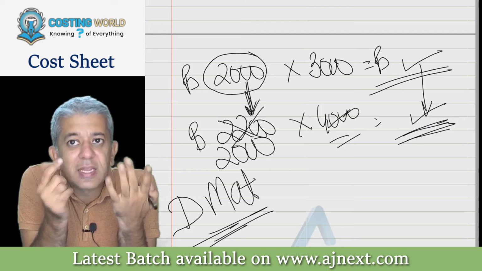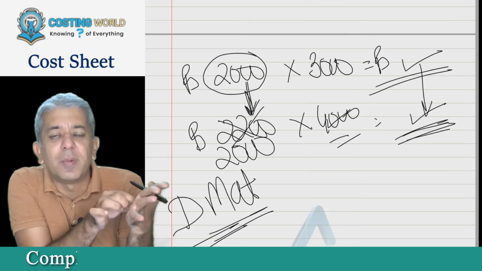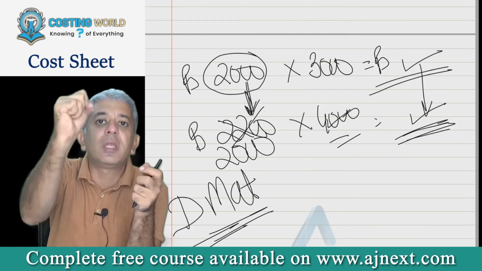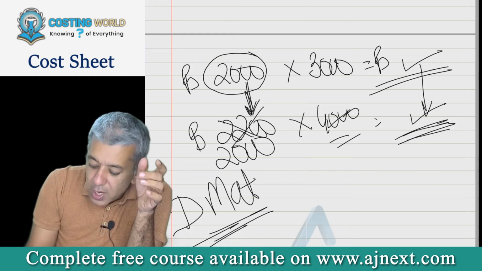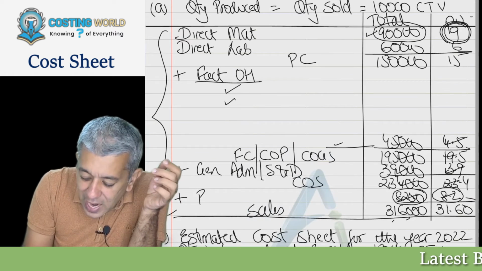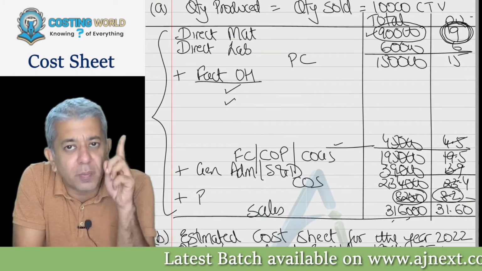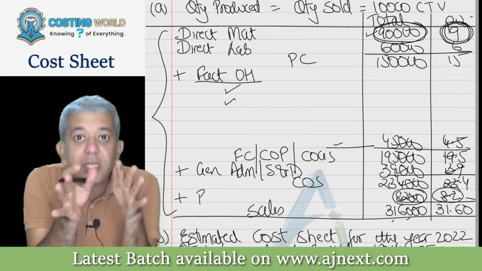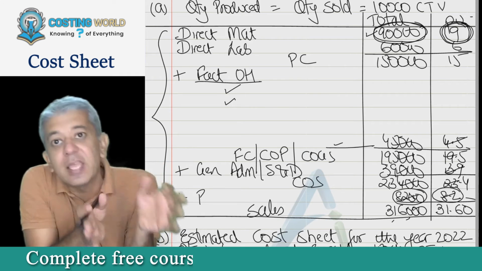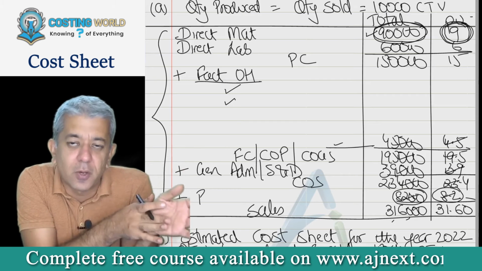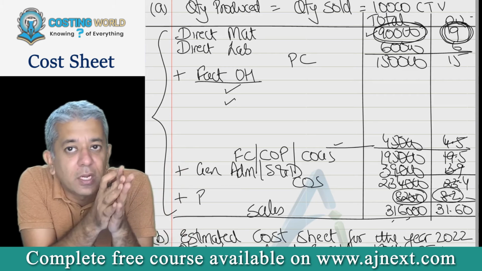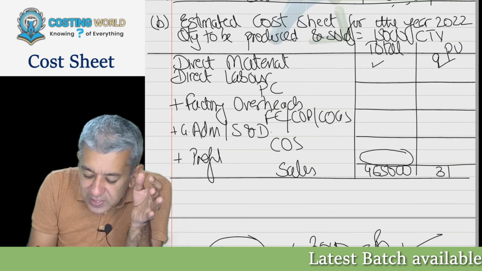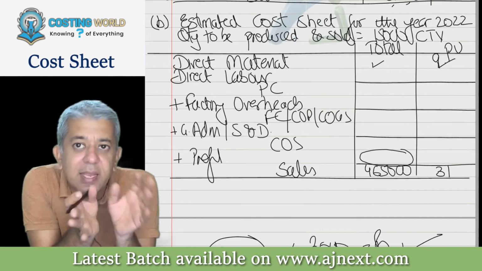This cost is direct material. Direct material means it is directly incurred for each and every unit that you produce. So if last year I was spending 9 rupees for making 1 unit, this cost originally is not 90,000. This cost originally is 9 per unit and you produce 10,000. Therefore, the cost has become 90,000. Now, next year, if nothing is told, obviously I'll be copying 9 over here, but I'll be multiplying by